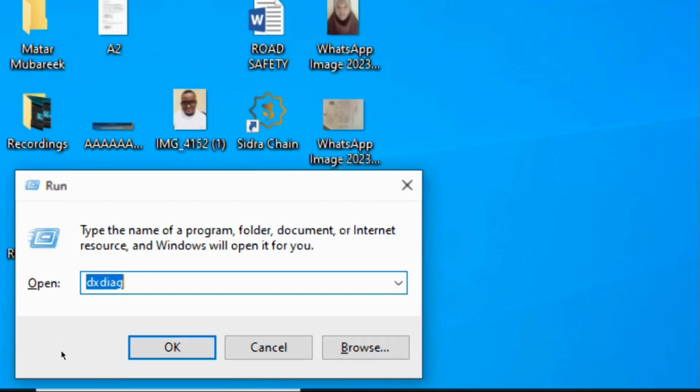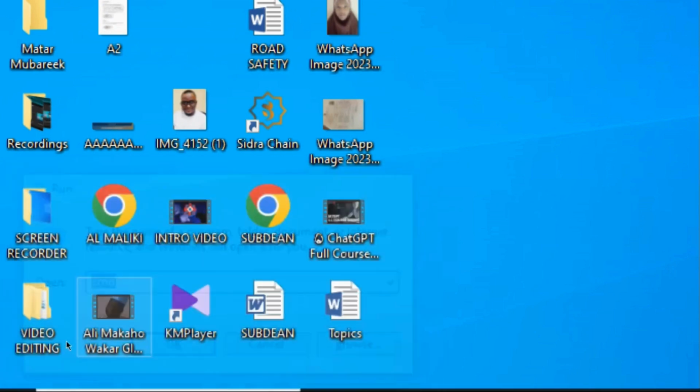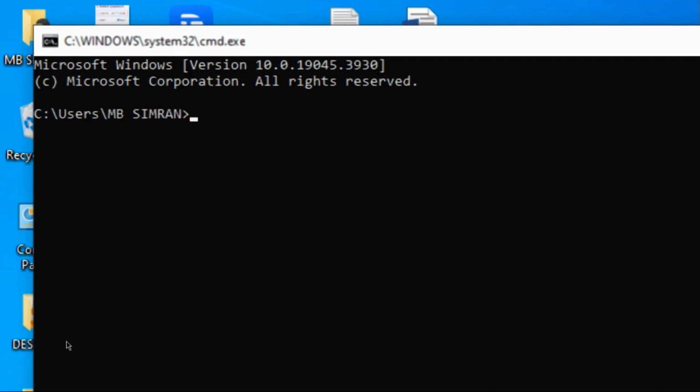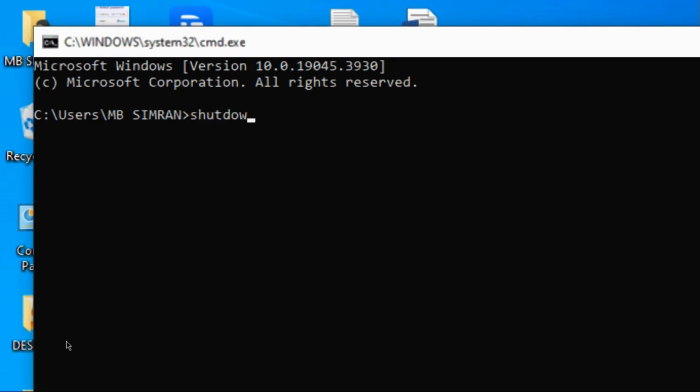The next thing to do is to write CMD and press Enter on your keyboard. This window will automatically open for you on your PC. Wow, what next? The next thing is to write this simple instruction: shutdown /h